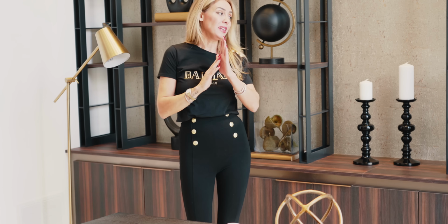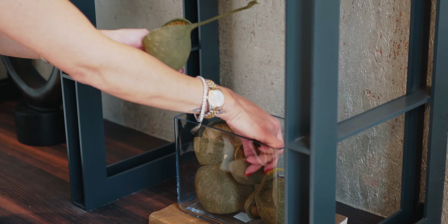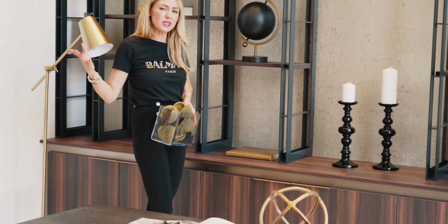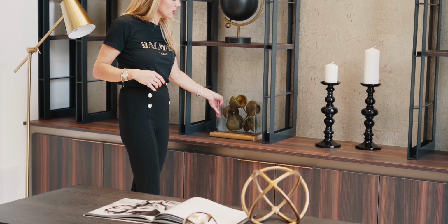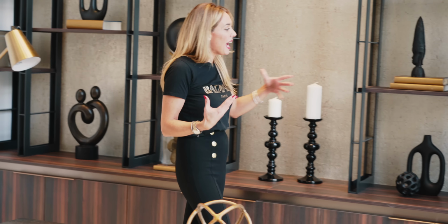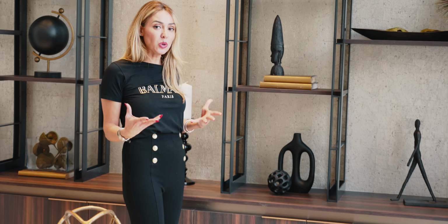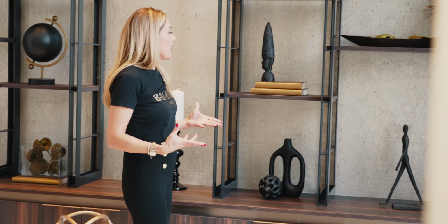You can either stand them up or you can lay them flat. And if you lay them flat, it's nice to put an accessory piece on them like this. If you just leave the book by itself, it looks kind of bare still. So when you put a piece on top of it, you see the book underneath, you have a piece on top. It just adds to that whole look that we're trying to achieve, which is really cool, really trendy, and